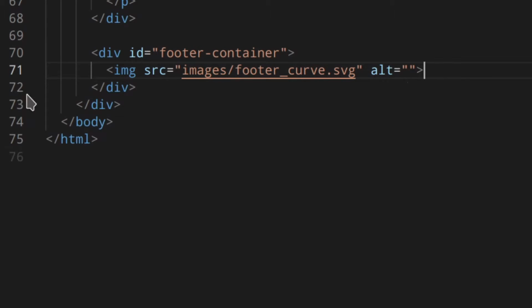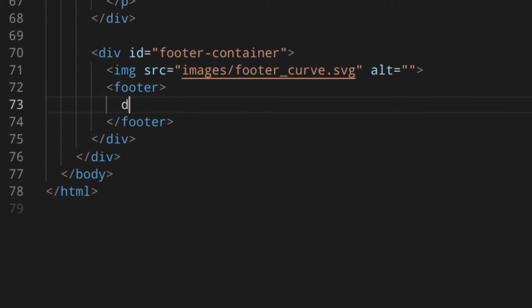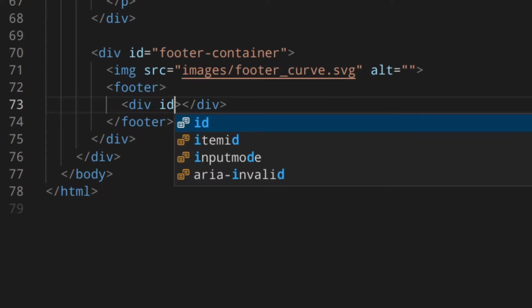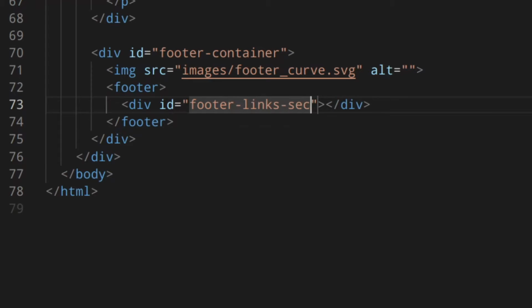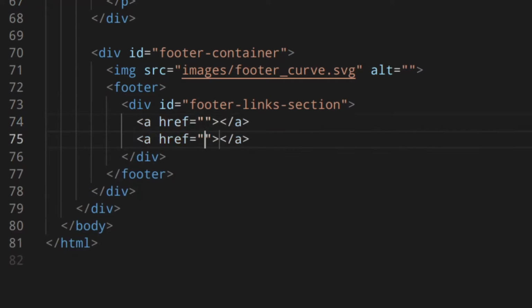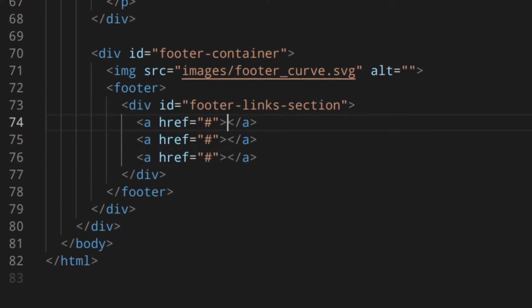So then after the image, we're going to add the footer, and inside the footer, I'm going to add a div with the ID footer links section, and then 3 links. I'm actually going to do something like that. Of course, here you should have the right links, but I don't have any, so it doesn't make sense. Okay, so community here, then